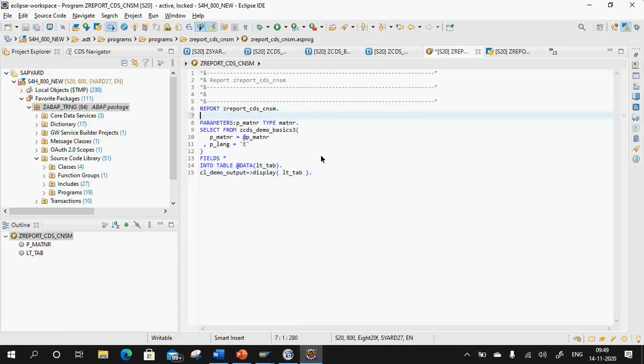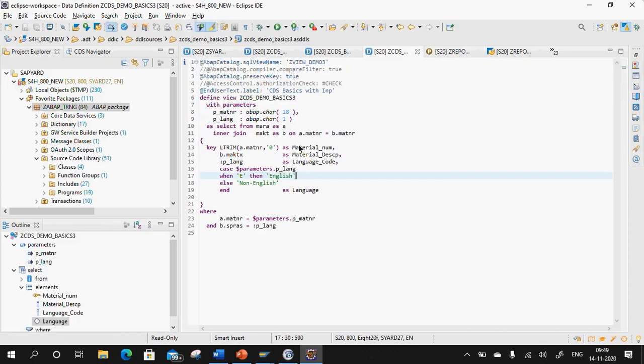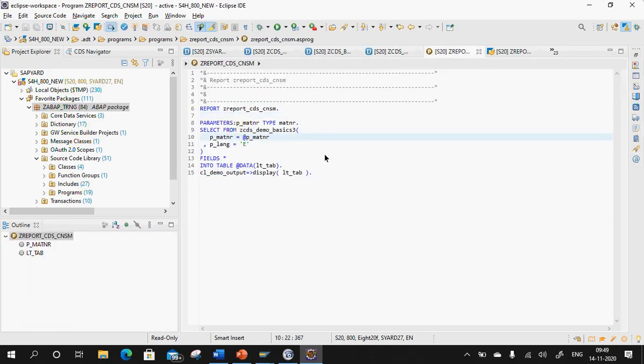Anyone? Can anyone answer me? When I just gave 21 in my CDS view, I did not get any output. But when I am giving just 21 in my report and I am consuming the CDS view, I am getting the output. Can anyone tell me why did it happen? Is it done at the runtime when you actually run the report?